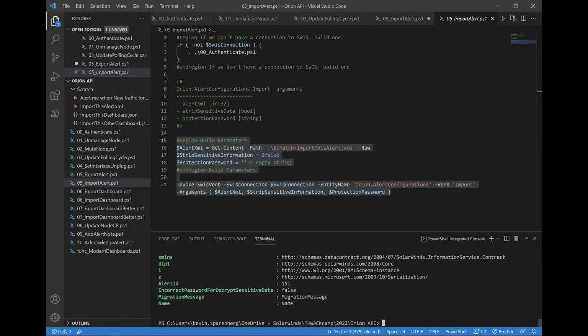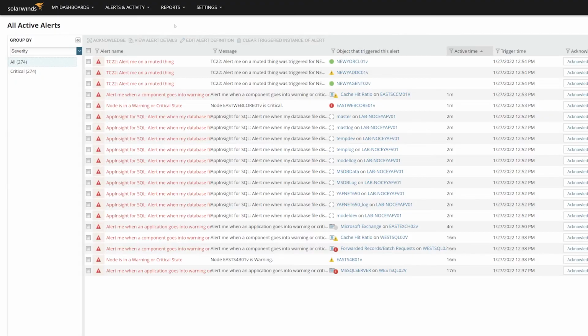And that is alert 151. And there it is. There's my alert. I know it is because I exported it from another system before, and it's already started triggering stuff. This is perfect. This is a great scenario of when you can work with something in a staging or dev environment. You say, yes, locked it in. This is good. This is what we want. You can take that and export it out.